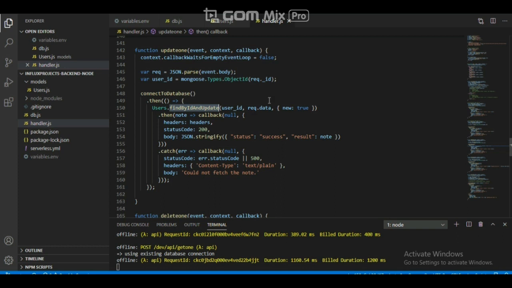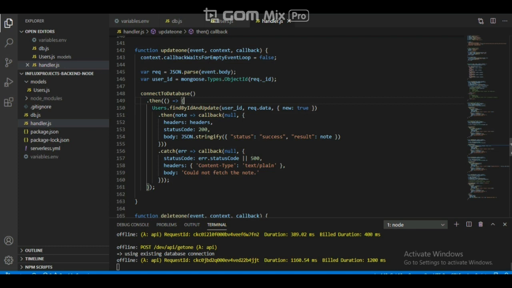And here you can see new equal to true. This line means if you change the first name value, that means whichever field value is changed, that field is updated and the other fields remain the same. That's why it is here.